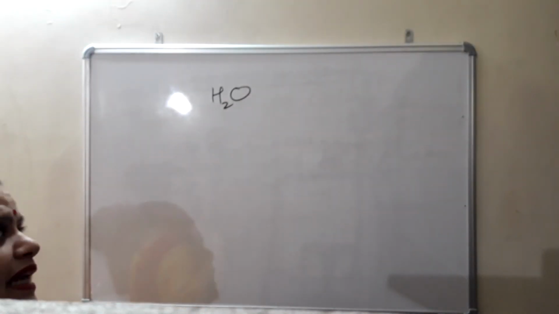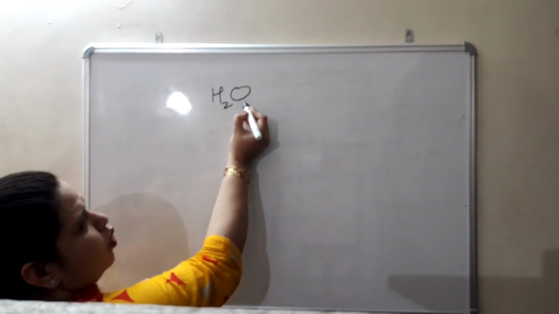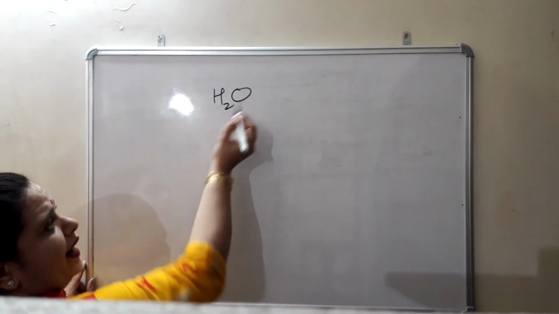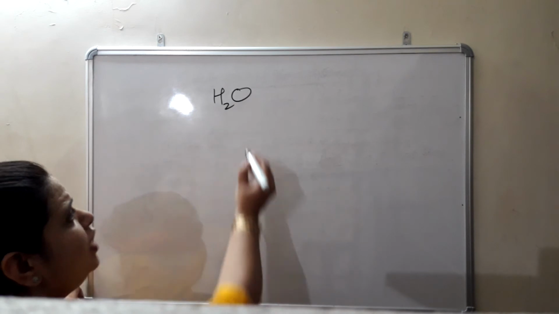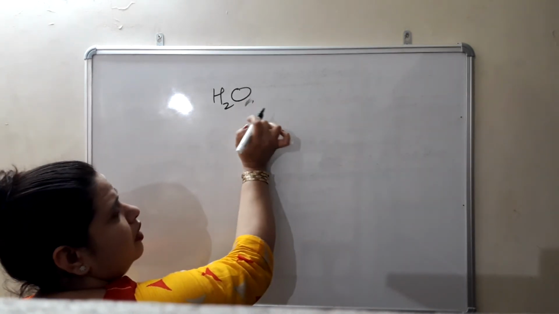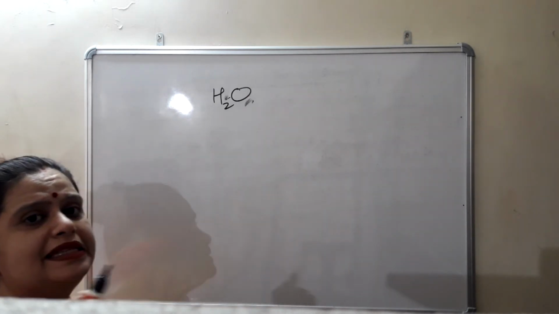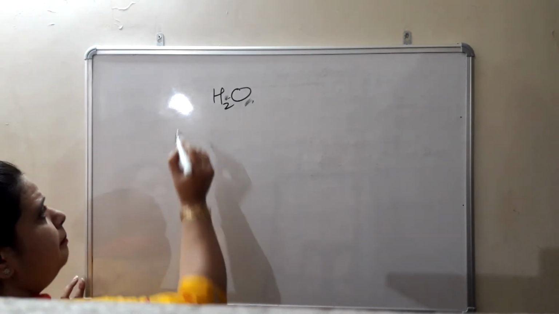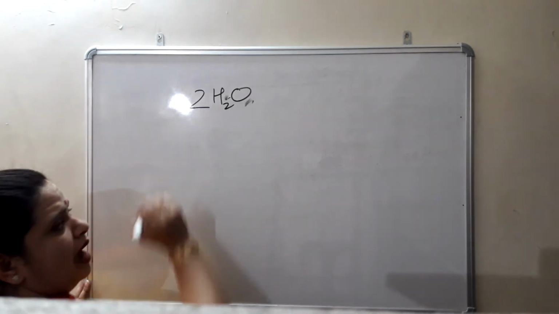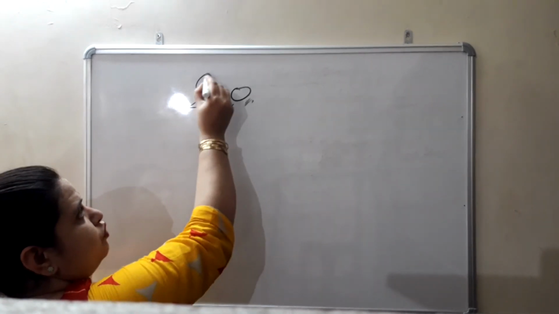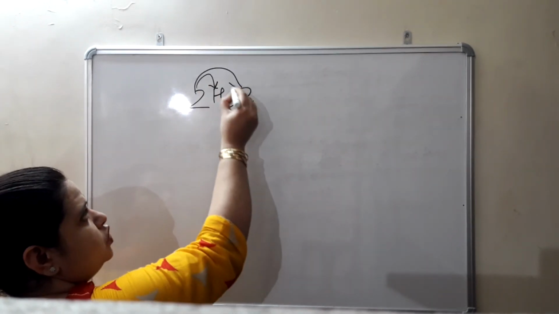Before that, just see here. Suppose I want this oxygen also. I want 2 atoms of oxygen, suppose. So I cannot write 2 here. No, this is wrong. I cannot write 2 in between. No, this is wrong. So where I should place the number? I will place the number before the compound. This number is for this also, for this also.